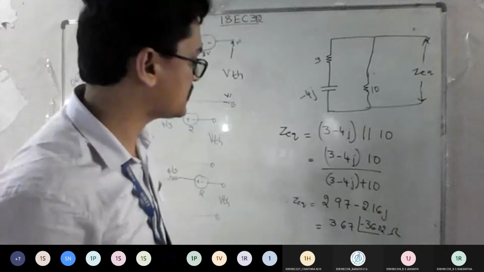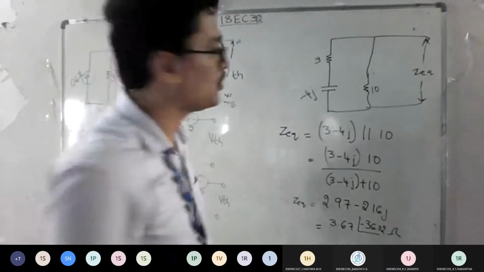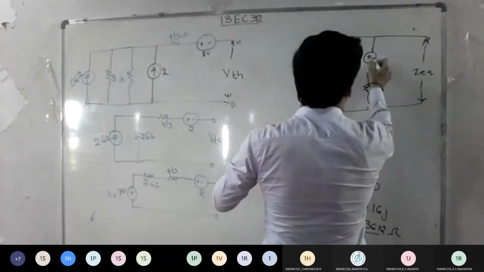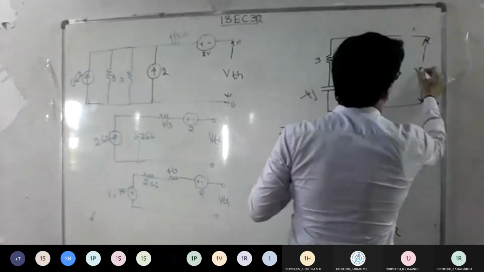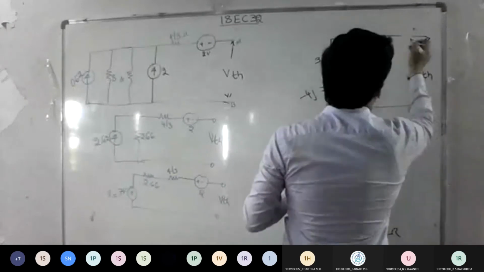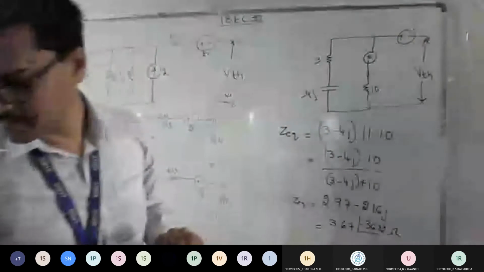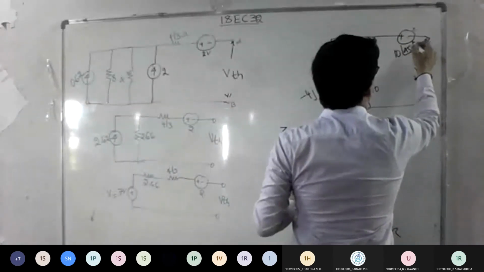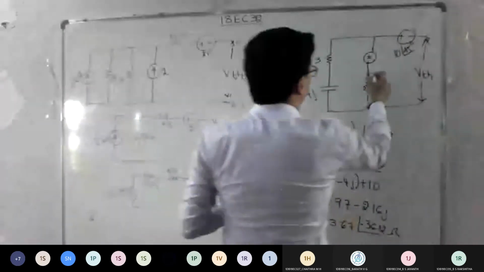Is it fine? Once you got this, go back to your question now. They have given two voltage sources here. I'll replace back. I want to solve this and finish off this problem. So replace this with ZTH, and the sources are plus minus, what is the value given? 10 at an angle 45. What about this one? 20 at an angle 0.